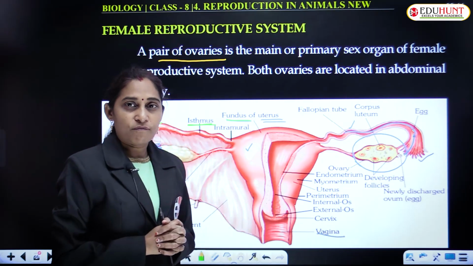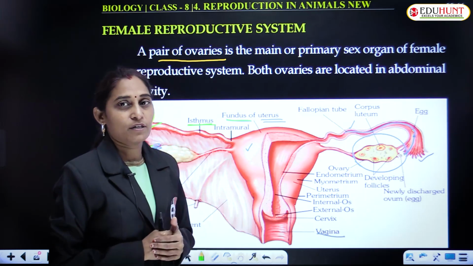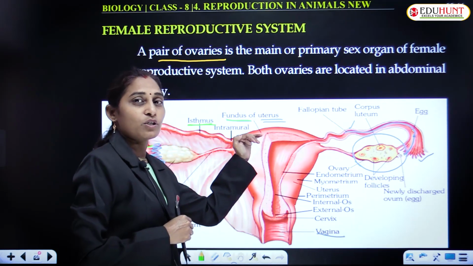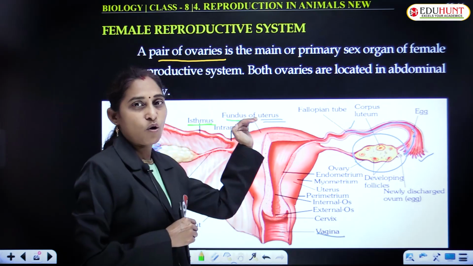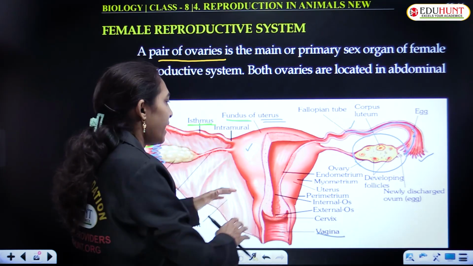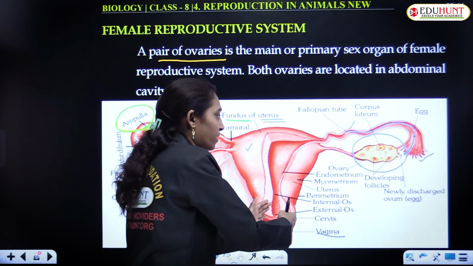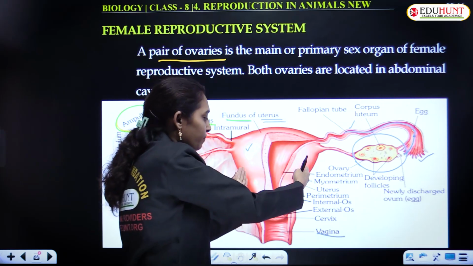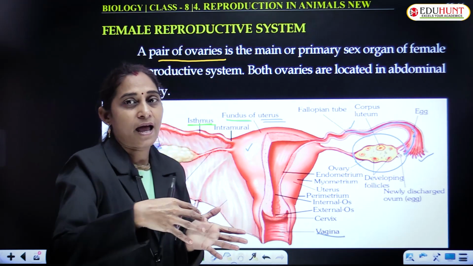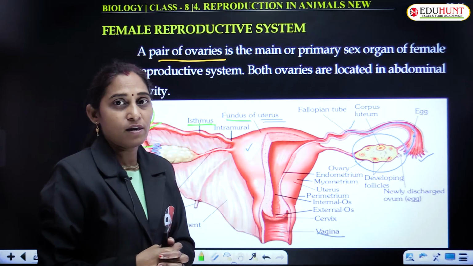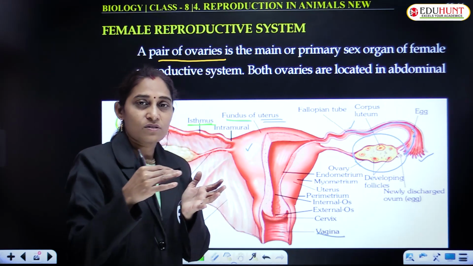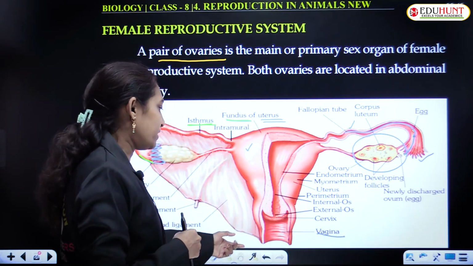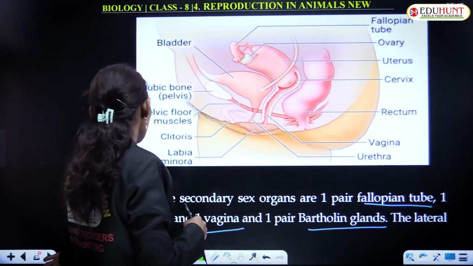Then coming to the uterus. The uterus is pyriform in shape, an inverted pear-shaped structure, and the uppermost portion of the uterus is known as the fundus. It leads to a canal-like structure. The upper part is broader, and the lower part is like a narrow way. It forms a canal that leads into the cervix and forms the cervical canal, which ends in the vaginal opening.